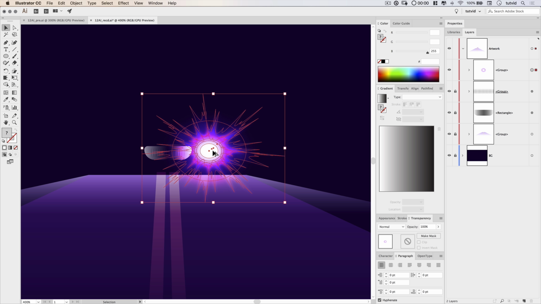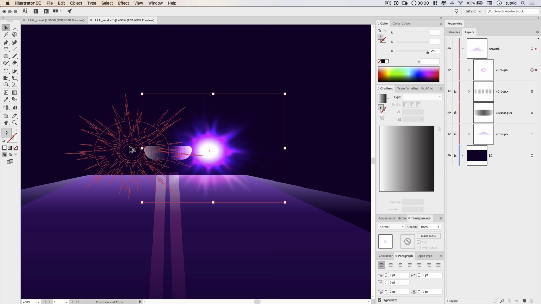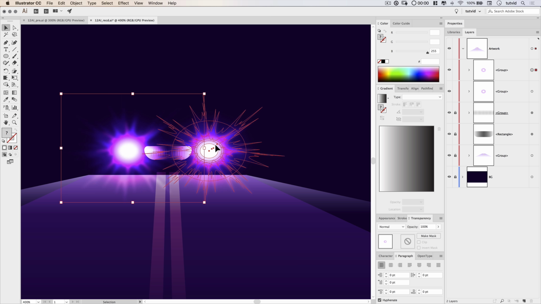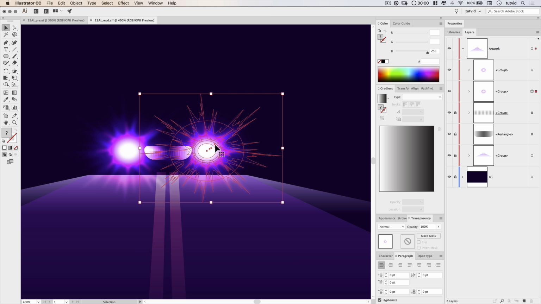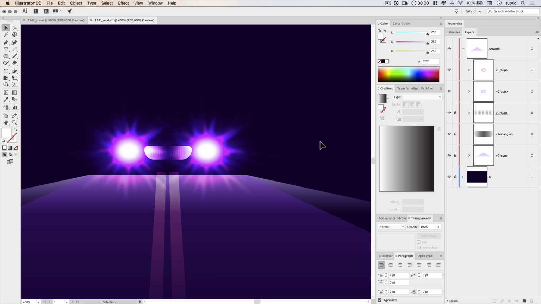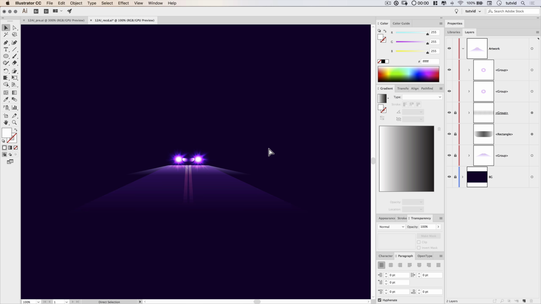Now I'm going to duplicate this over by holding down the Alt or Option key and click and drag a copy over. Also hold down Shift and you'll just constrain a nice straight line across. And then I'm going to nudge this toward the grill, and something like that should be about what we're looking for. If I zoom out, you can see we don't really even need to create the body of the car. It just sort of looks like a car.